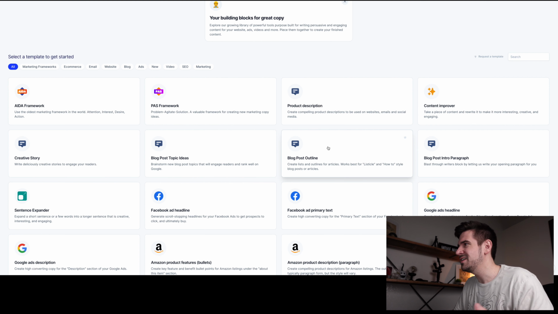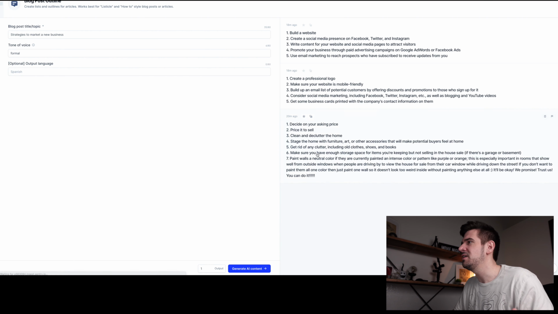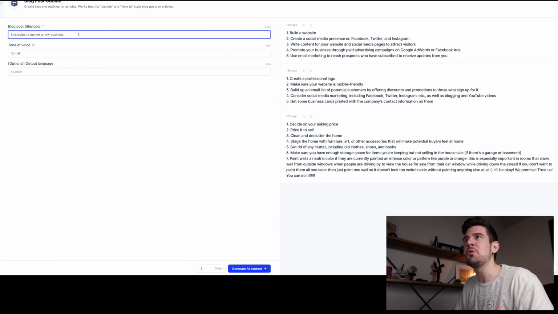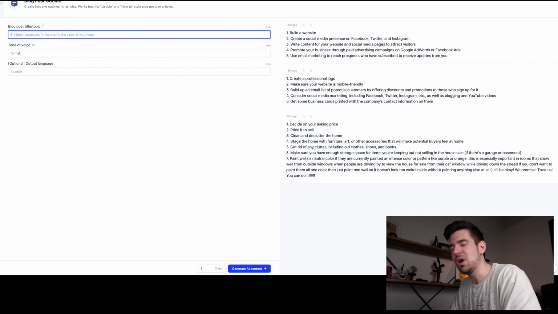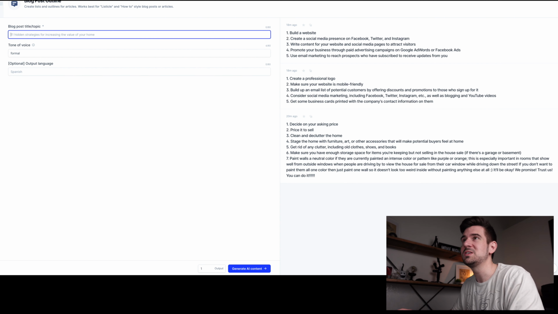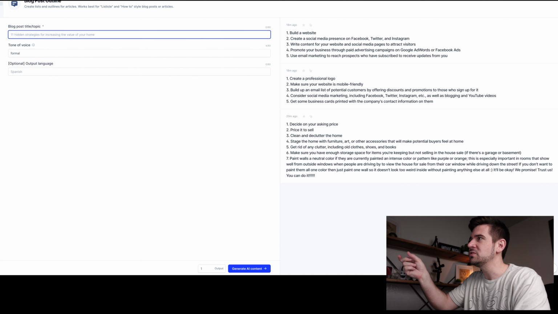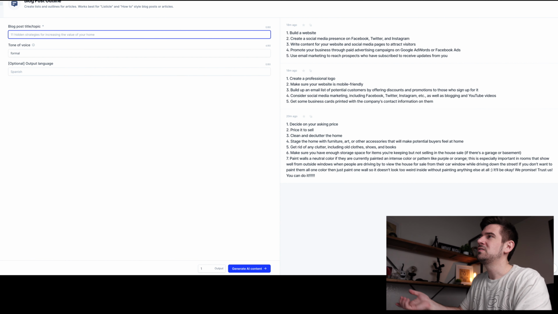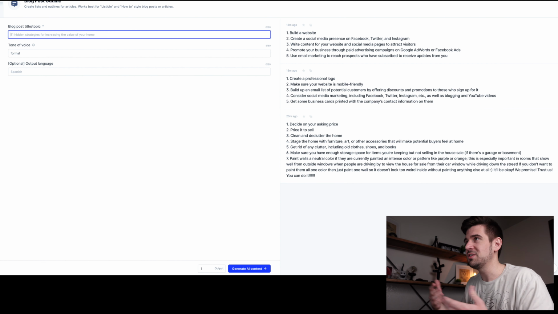Another one that I like a lot is an outline, blog post outline. Basically, it just gets your ideas flowing for what you want to create content around. And then you can use the other things in it to create that content. So it's pretty sweet. So you use this to create the outline, and then what it pops out, you use those bullet points essentially to create all of the content with the other templates that they have.